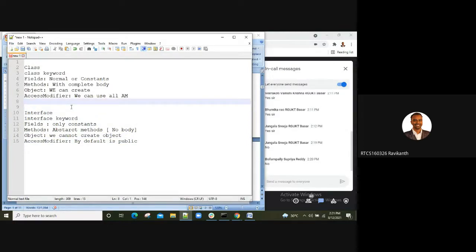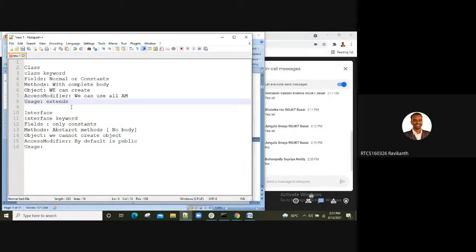Then what else? With respect to how do we use your normal class and how do we use your interface? In a normal class, you can use one class in another class by using a keyword. What was the keyword you have used in the inheritance concept?